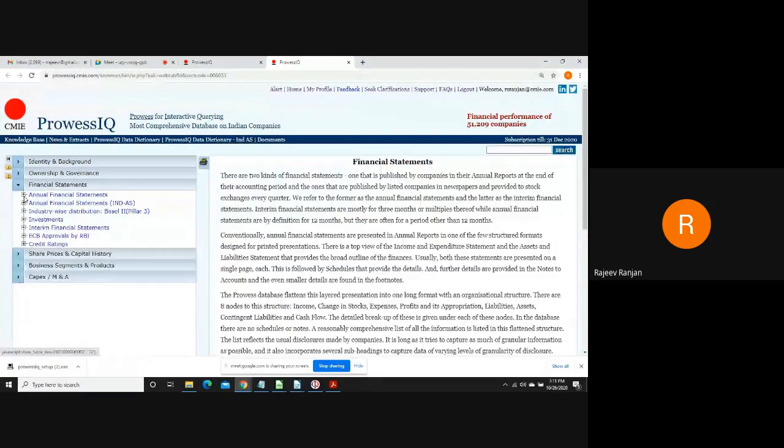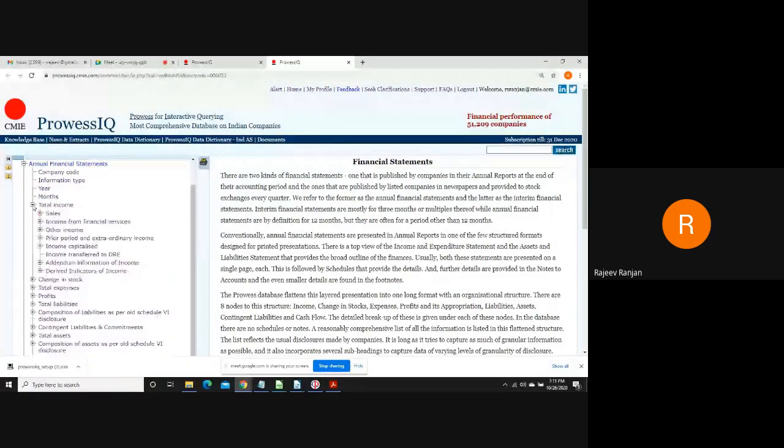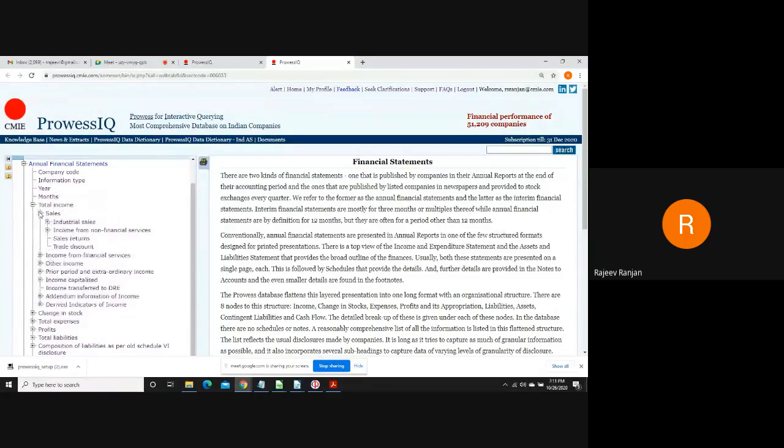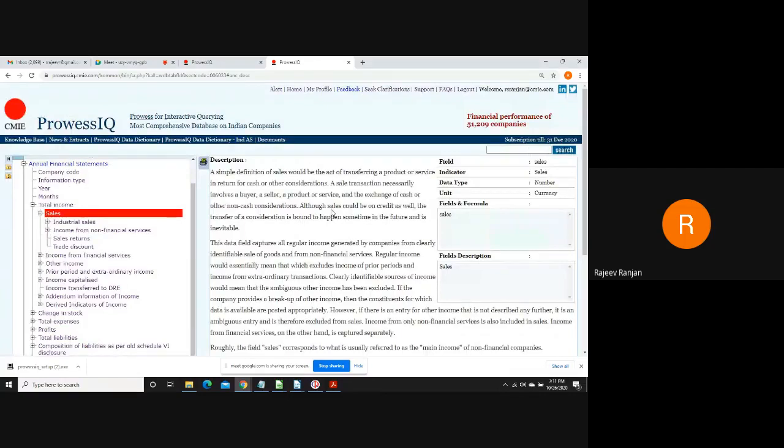I suggest that all users should refer to this document, and it explains how a particular field has been calculated. When we look at these disclosures in the annual report and put them in the database, the intention is not to make a database of the actual disclosure, but to have information which helps us make meaningful analysis. That is only possible once it is standardized and the same across the years and across companies. So we have a definition for each field, and that's the reason at times the numbers coming from Provis will not match with the annual report.